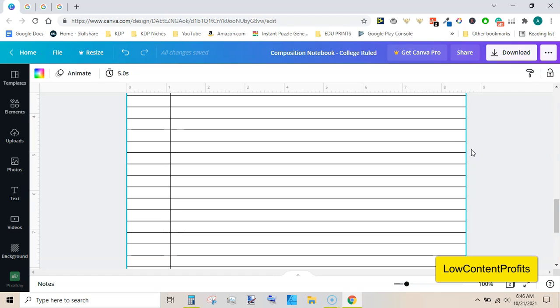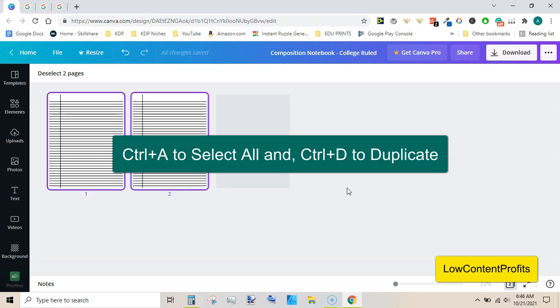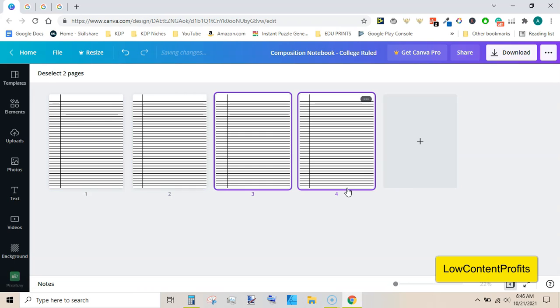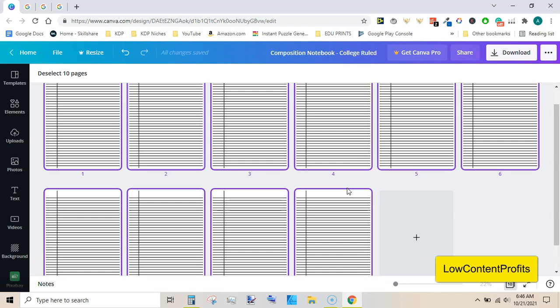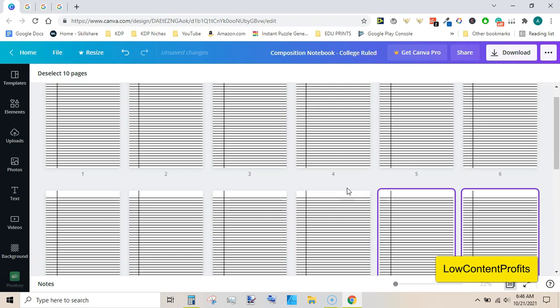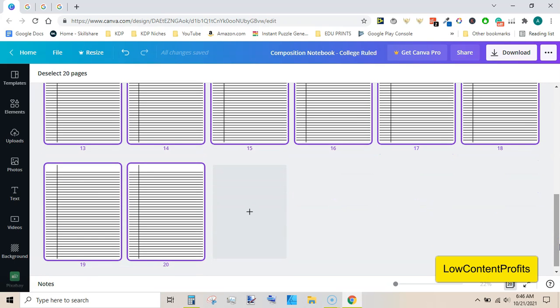Now we have created 2 pages, and all we need to do is duplicate them 50 times to create a 100-page book. Just go to the grid view option, Ctrl+A, then duplicate this. Now 4, again duplicate, 6 pages, 8 and 10. Now Ctrl+A, 10 pages are selected, Ctrl+D, this is 20 pages. Now Ctrl+A, 20 pages have been selected. Now duplicate these pages 5 times, Ctrl+D,